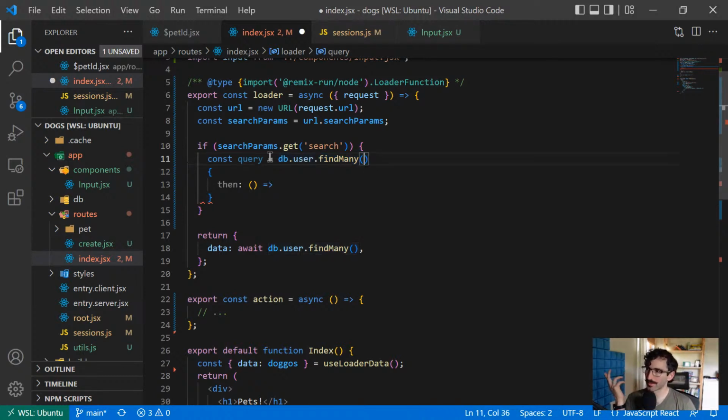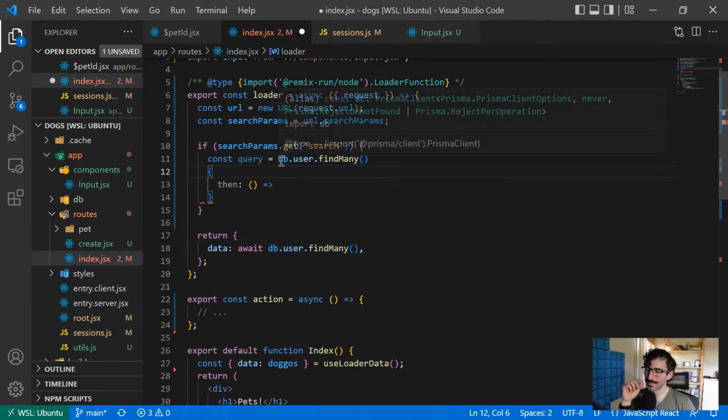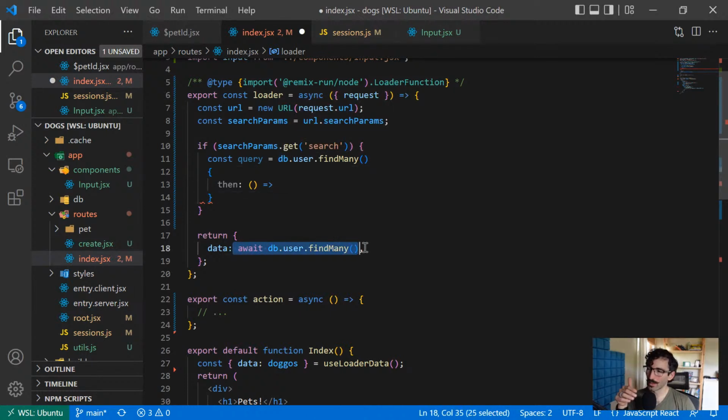So because we're instantiating a promise for a database query, if it actually is a promise, it's going to kick off that query. Now, what I want to do is construct the query, but then modify it programmatically. And only when I actually await the query do I want to kick off that